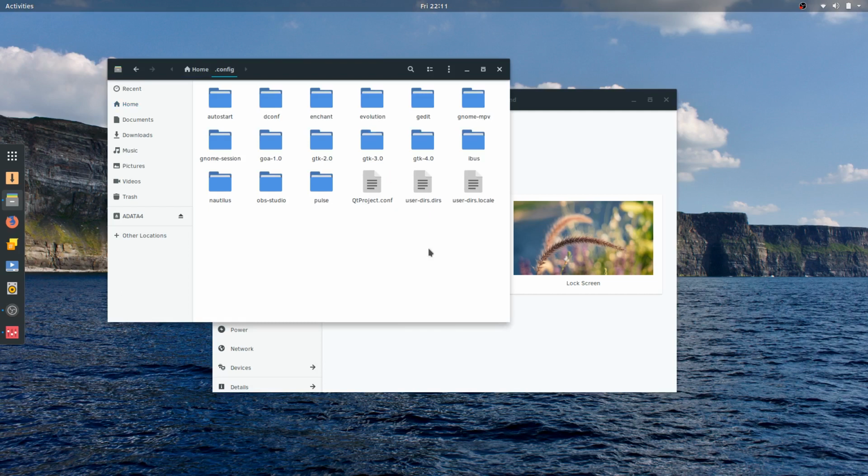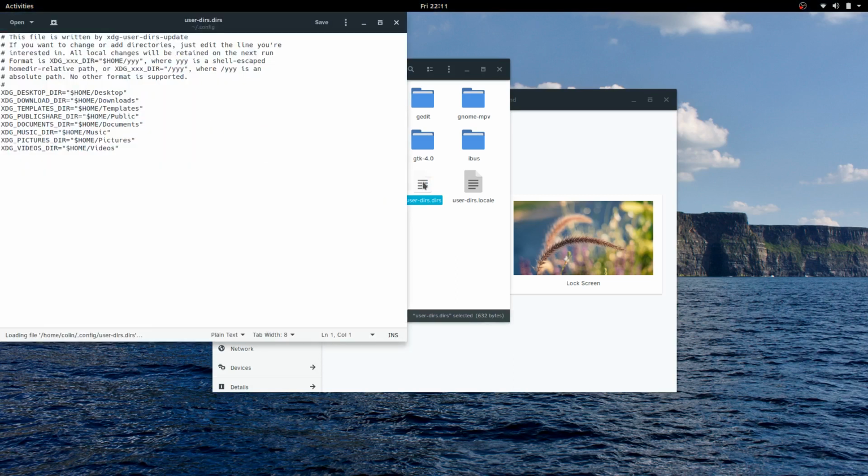So .config folder. There's a little file here called user-dirs, user directories. So we're going to open that up. In this file we have certain things here that are for certain places, but this one in particular we're interested in is the .pictures. Now that's the .pictures in your home folder. So if we change that to .wallpaper, because it is in our home directory, so the directory is home, instead of the pictures being here,